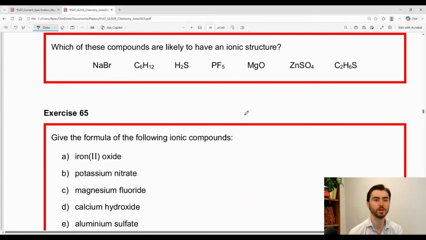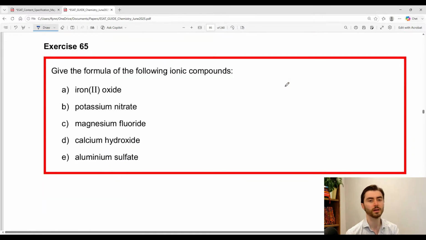Ionic structures. So sodium bromide, yep. Metal, non-metal. No, that's covalent. Covalent. Covalent. Ionic. Ionic. That's zinc. With that, it's ionic as long as it's not aqueous. And that is covalent. So here, iron(II) oxide is going to be FeO, because oxide is 2- and that's